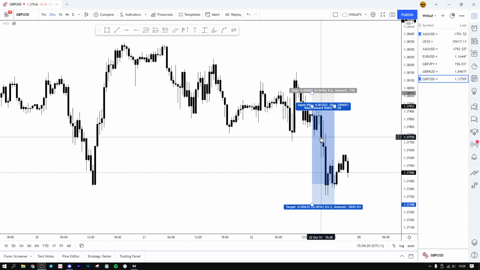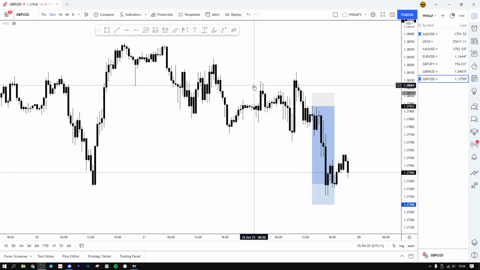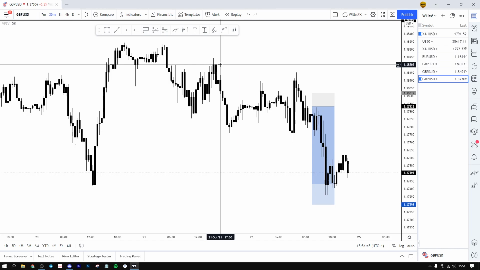Basically, a lot of people were asking about the entries and how I get tight entries and tight stop losses with very, very little drawdown. This is literally just due to entering off of order blocks and liquidity zones. A lot of people are confused about how to find liquidity. Think of liquidity as pretty much where there is money in the market, where there are orders. To identify these zones, we're looking for order blocks,